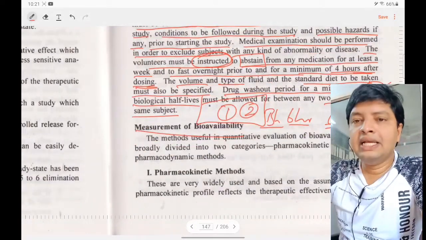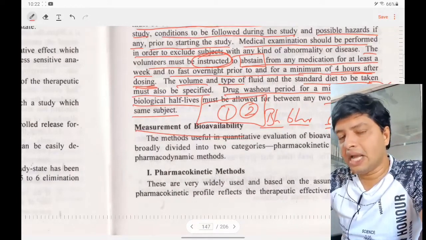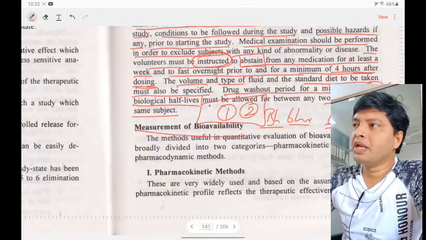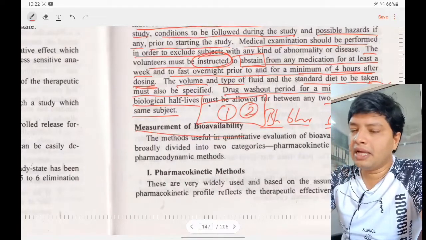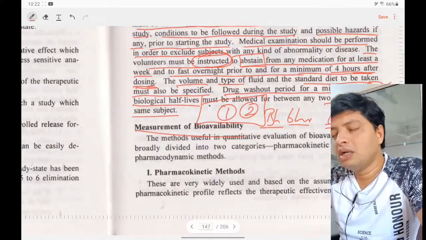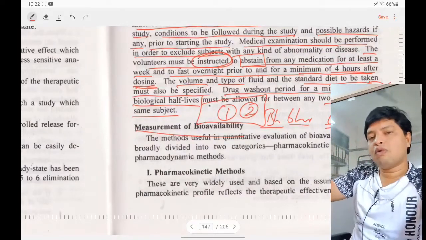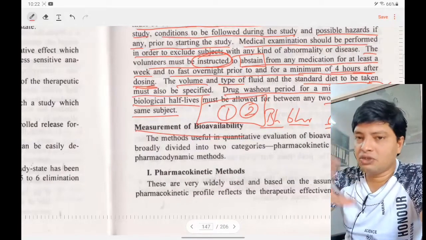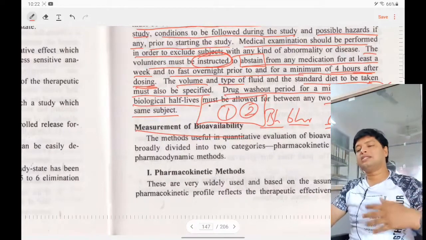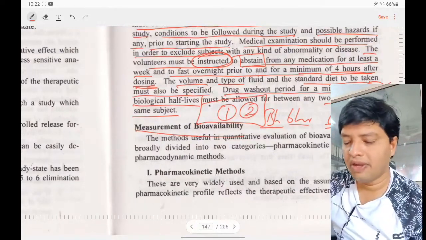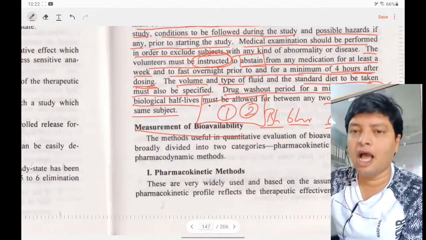So till here what we saw are the considerations regarding the study design of bioavailability related to the patient. To whom do you need to give it, healthy persons or patients? If you are taking patients, what are the problems? To avoid those problems, we are taking healthy persons. What is the age group? What is the weight? What is the gender? All these things you need to consider while going for the study design of bioavailability, in particular related to the human volunteers. I hope you understand.